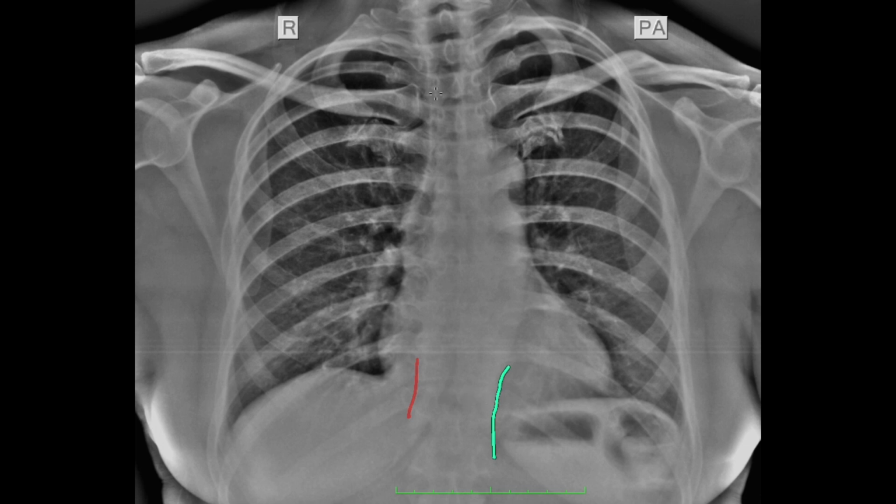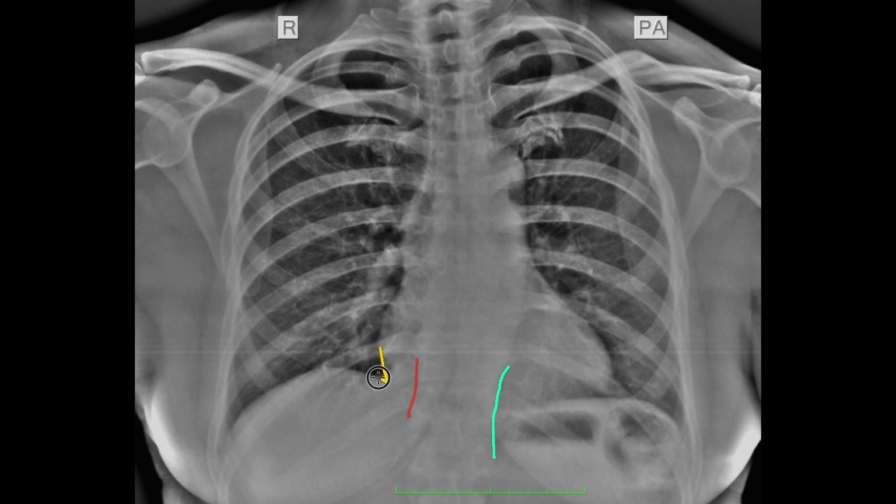So line. And what is a stripe? Lined by air on both sides. So that is the difference between line and stripe. So the paraspinal line normally on the right side should be up to 3 millimeters, on the left side it can be up to 10 millimeters. Widening can be seen in cases of paravertebral abscesses or hematomas. Also look for any osteophytes, which are more common on the right side, and on the left osteophyte formation is prevented by pulsations of the aorta. So that is about the midline.